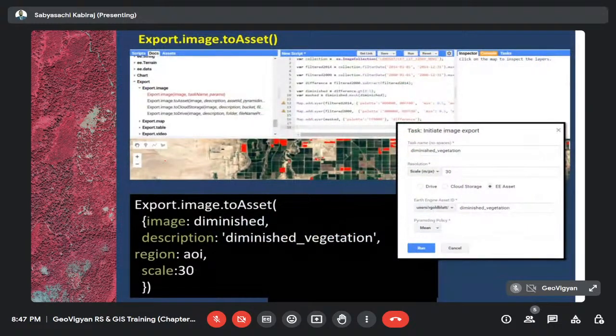Now coming to the next export option, called asset, and in that case you need to click over here. The remaining options will be the same, but here the user ID you need to define. So inside the asset you will have a user ID. So you need to see where you need to save, or you can create a separate asset ID inside the user. So asset ID you need to create, and then you need to name your particular output figures. Okay,